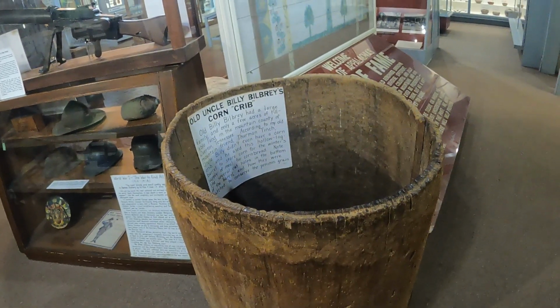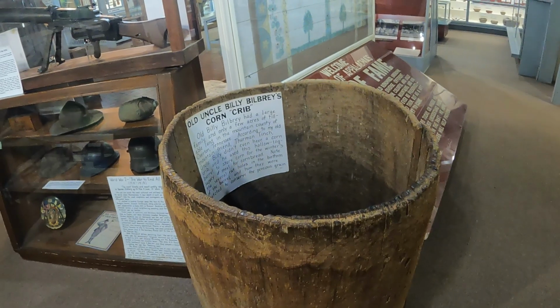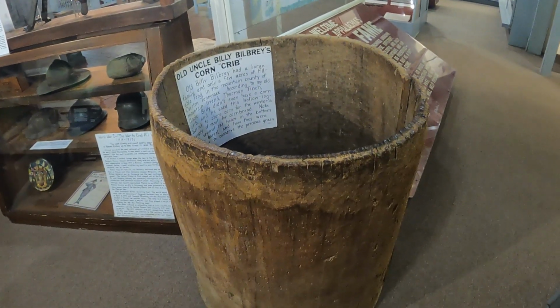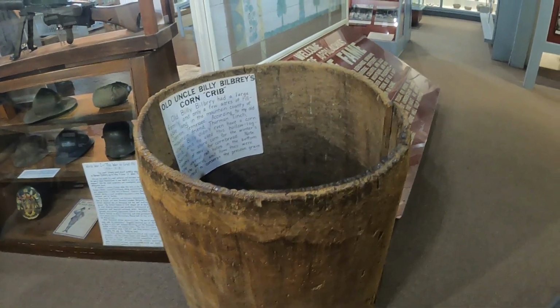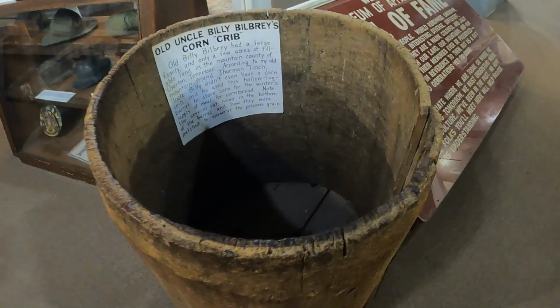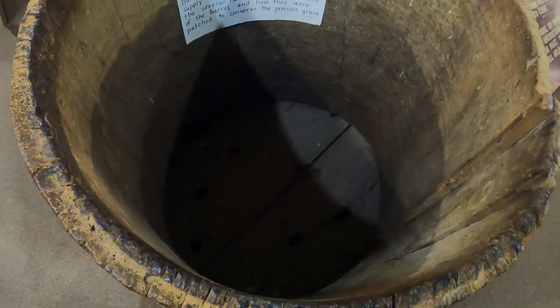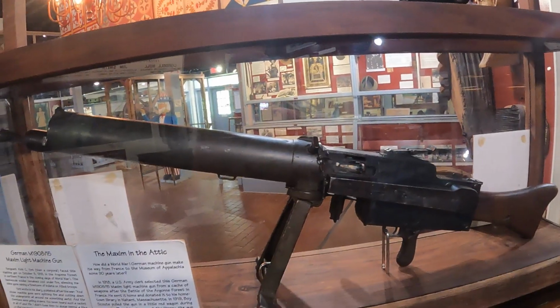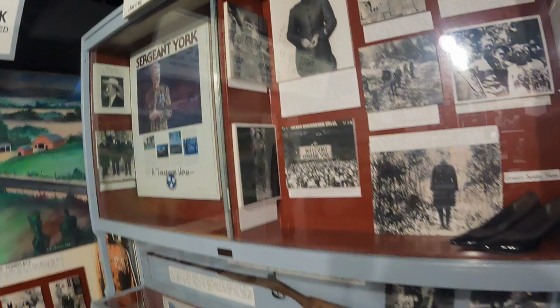And here's old Uncle Billy Bilbrey's corn crib. This is where he would store his corn. So that's pretty awesome. There are several rat holes in the bottom. Okay, so keep this machine gun in your mind for about 2 seconds, because we also have